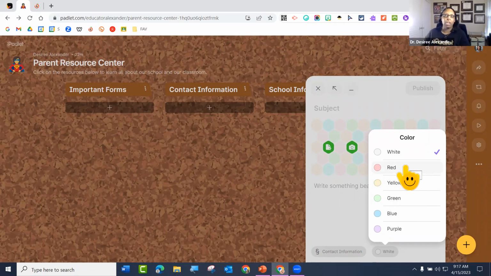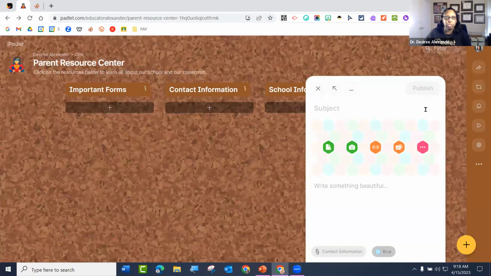So that's how I have a lot of teachers using these different colors, not just because blue is cute, but they're actually using it for content. And then you can do it for your own post too. Like, hey, if it's in blue, that means I really need to focus on this right now. But if it's in yellow, you focus on it later. I don't know, whatever. But there you go. So you can choose, I'm just going to choose blue just so you can see a color besides white.